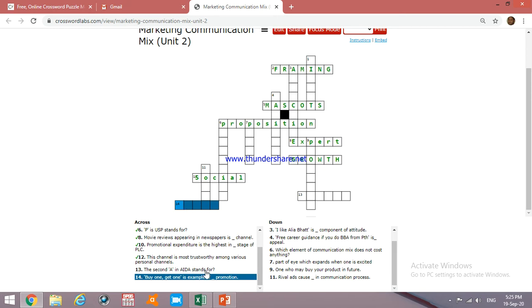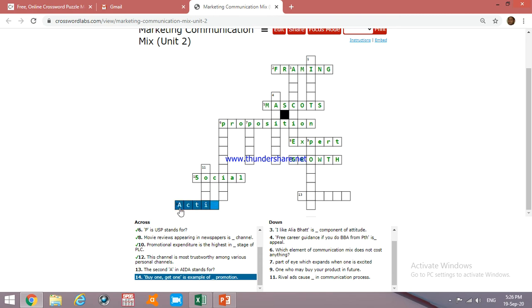Now point number 13, the second A in IDA stands for. We have talked about 4 different models in unit 2. One of them was IDA, and IDA basically stands for attention, interest, desire and action. So you first attract the customer's prospect's attention, and then you make him interested in your product, then you make him desire your product, look to buy your product, and then you make him act. So the second A in IDA stands for action,